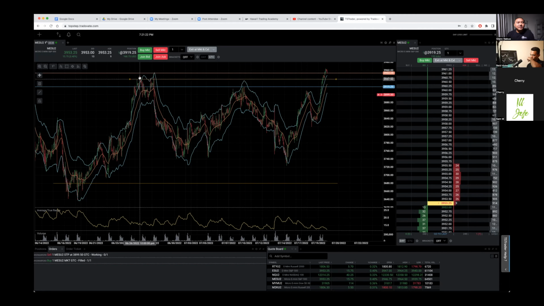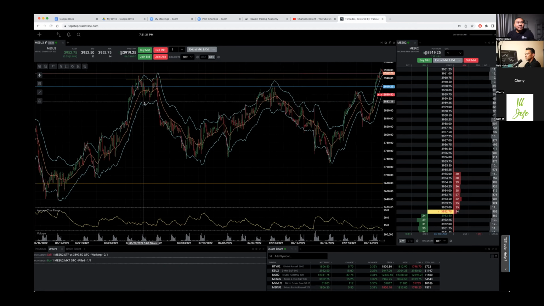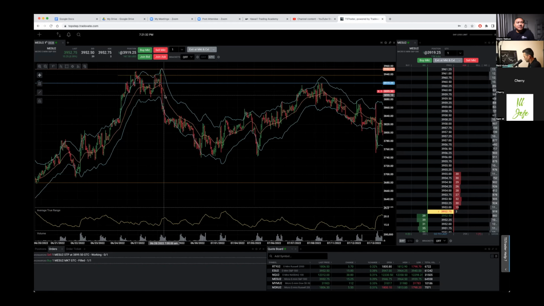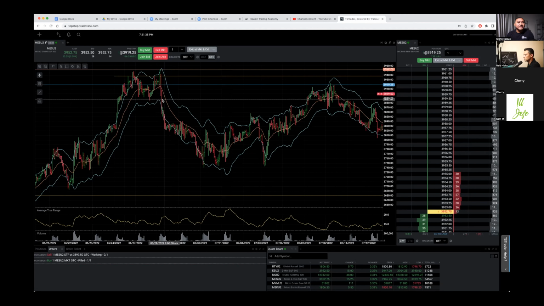So it tested here about 3 times and it got rejected. And then on this breakout, I think I traded this one, maybe on the Nasdaq, I went short. What I saw was that it had a short consolidation over here, price rejected, so you're putting all your pieces of information together. On the daily, we ain't going nowhere. We're really just going sideways.